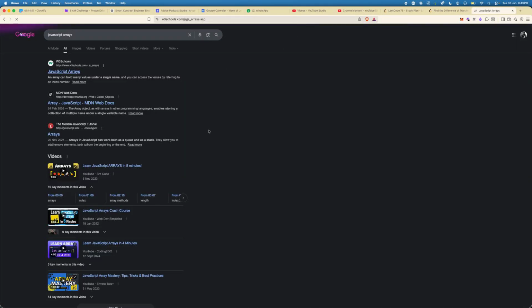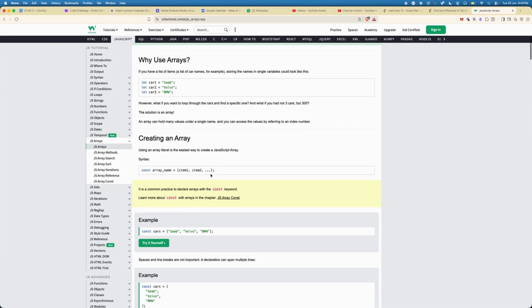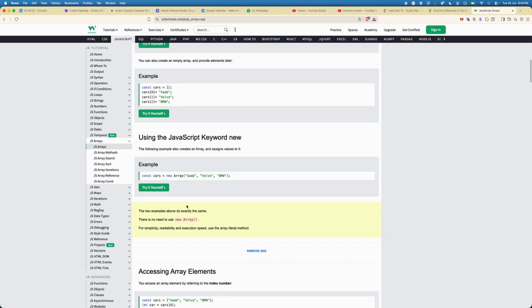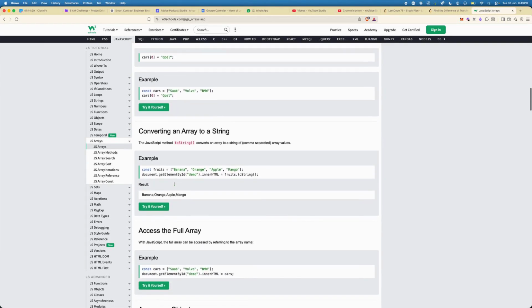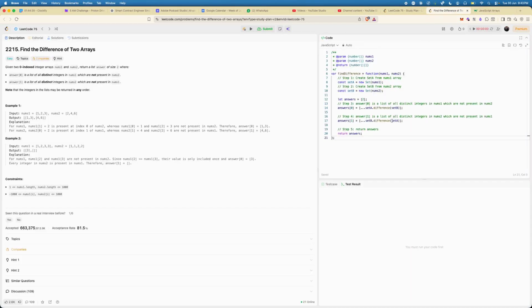JavaScript arrays. So here we have cars values array, item 1, item 2. Existing array elements, change cars of 0. Let us go back to the solution, since this will be an empty array, and we'll use this as const answers. Here we will use answers.push. So this will be pushed at index 0